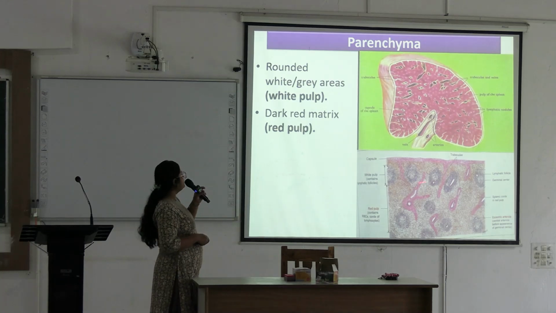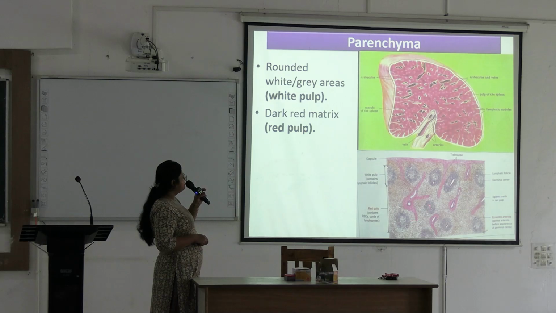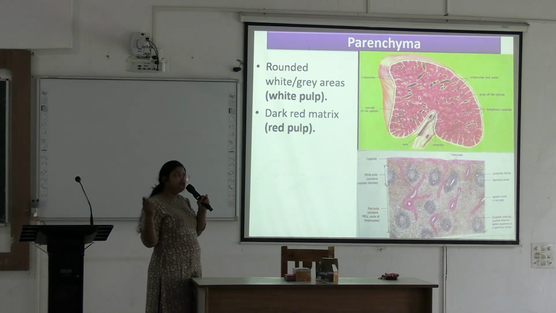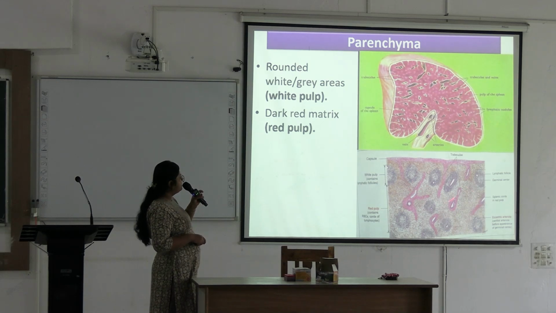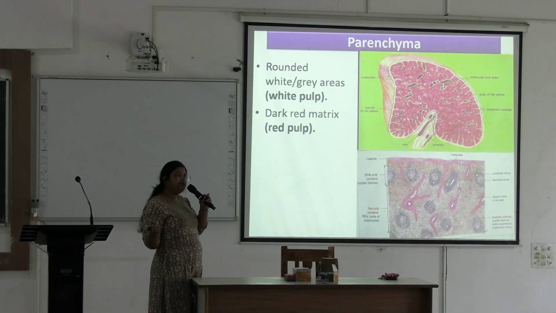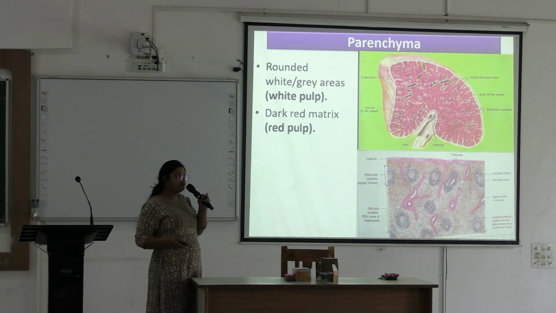And in this histology picture, these rounded lymphatic follicles are forming the white pulp. Each of the white pulp has a central arteriole in eccentric position. And the rest of the portion is forming the red pulp or Billroth cords. And these are the sections of the trabeculae. Within the section of the trabeculae, you will see section of arteriole, sections of venules. And this is capsule and these are the trabeculae projecting into the substance.